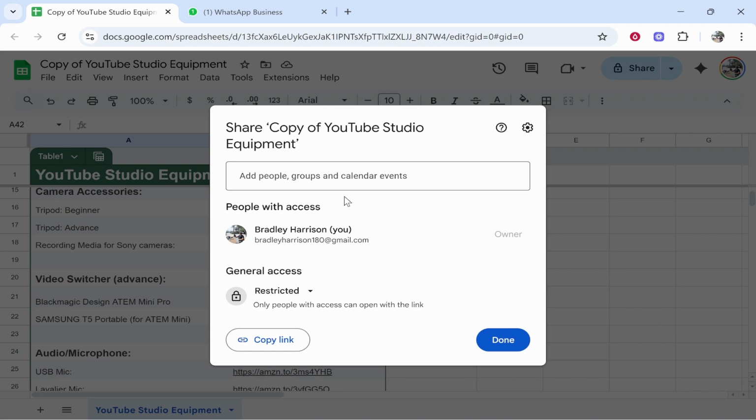Now, if you just want to give them a link and share the link, you need to change it from restricted to anyone with the link. If you keep it restricted and you share the link, they will be able to access it, but only after you give them access, and you'll get an email. So if they try and access it late at night, you're not there, you won't be able to give them access. So if you want them to get access at any time, click anyone with the link, then click copy link,